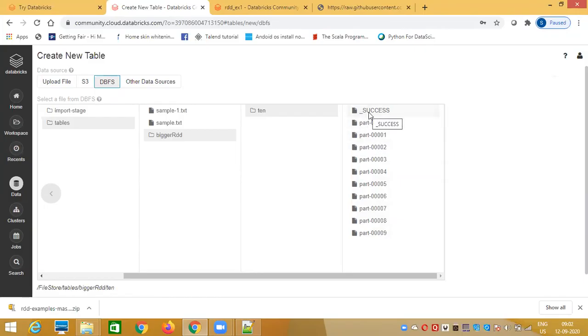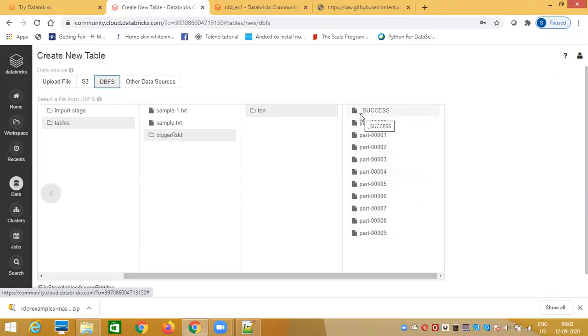It's an empty file, but the file name suggests the write has been completed successfully. In a real-time project, when you are writing a 10 TB or 100 TB file and you go to the location, you'll see an underscore temporary file. That means the write is going on. Once the write is completed, it will say underscore success. That underscore temporary will be changed to underscore success.